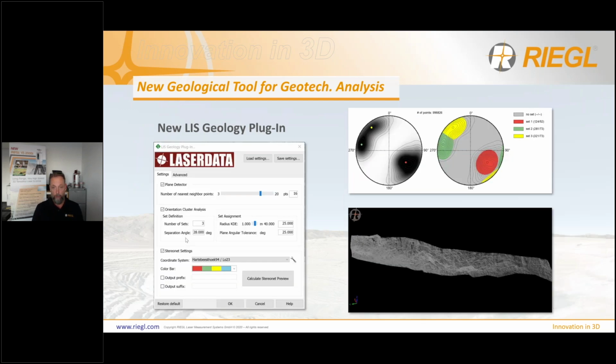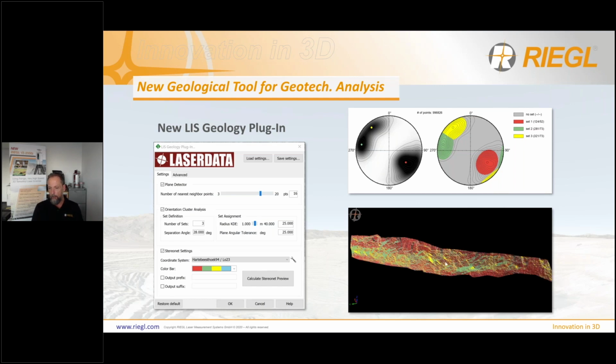And you see how it works. It's creating such a stereo plot. In that case, we wanted to extract 3 sets. We can define a minimum separation angle between the center point of each set, and we can define the area around the center point, which should be colorized. And again, this goes in as an attribute and can be used within the view type. And this gives you immediately